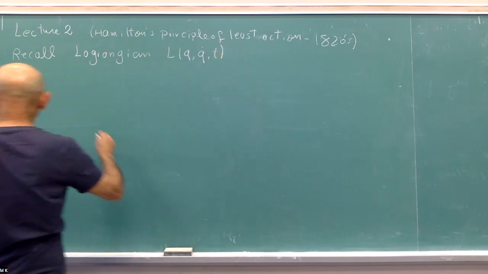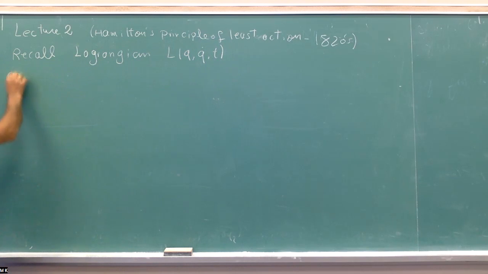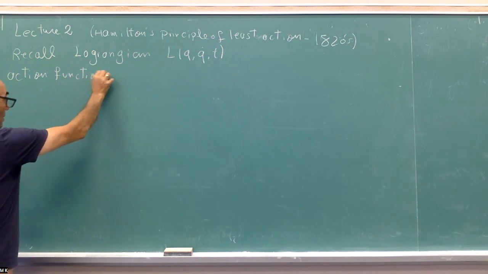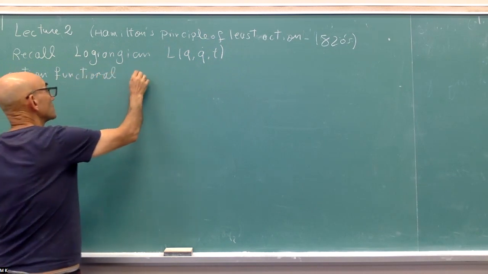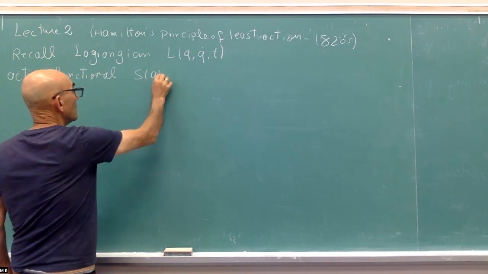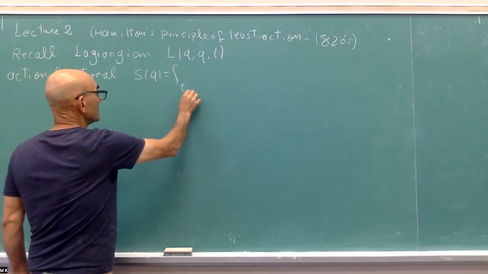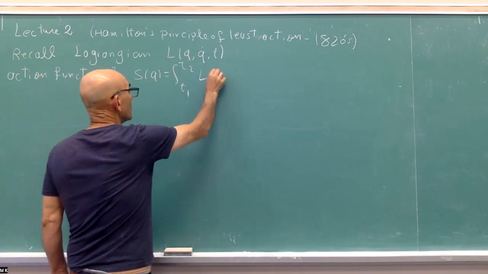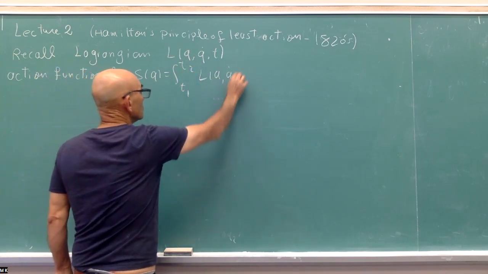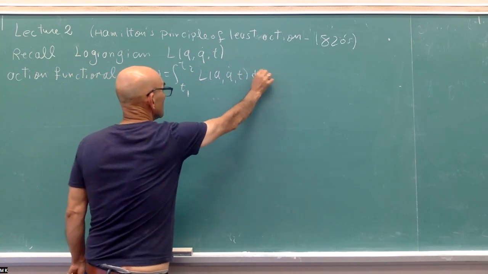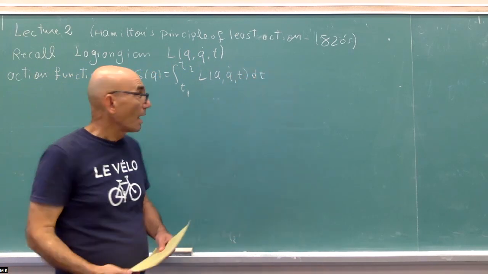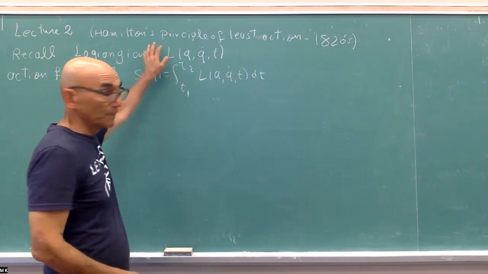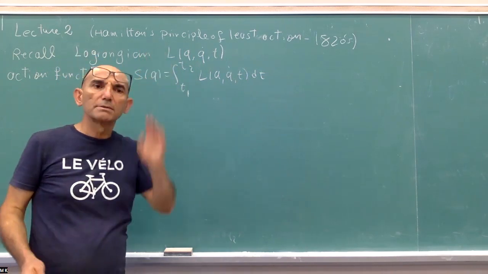And then we have this action functional, S of q, which is the integral from T1 to T2 of L of q, q dot, t. And this Hamilton's principle says that the